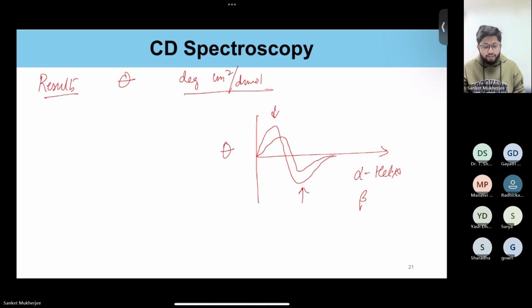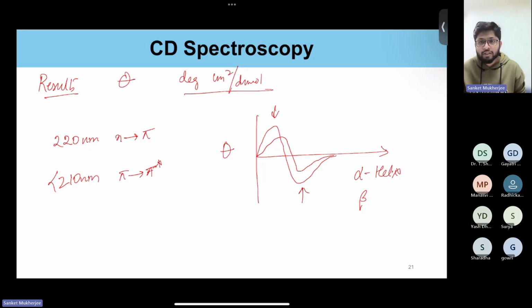And the absorbance that happens, let's say at different wavelengths like 220 nanometer range, or below 210 nanometer range, happens due to n to pi star transitions or pi to pi star transitions of the electrons in a peptide bond. So these are what give the characteristic signal, and that is how we find secondary structures in